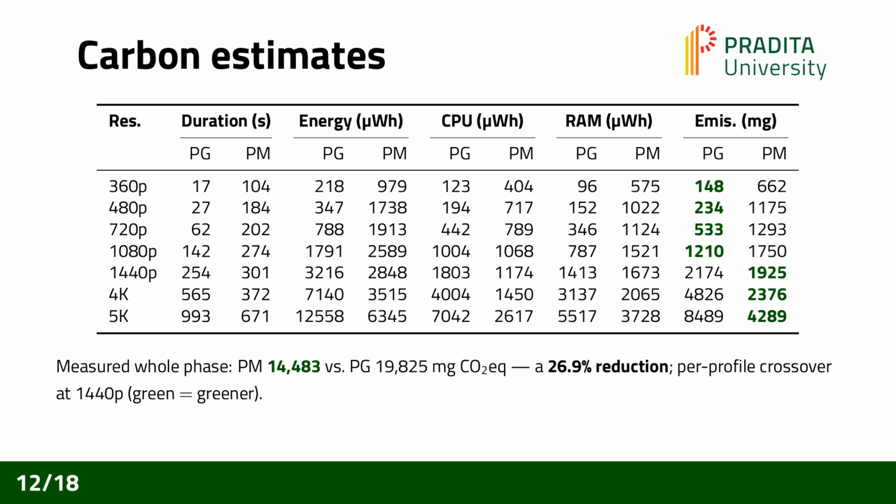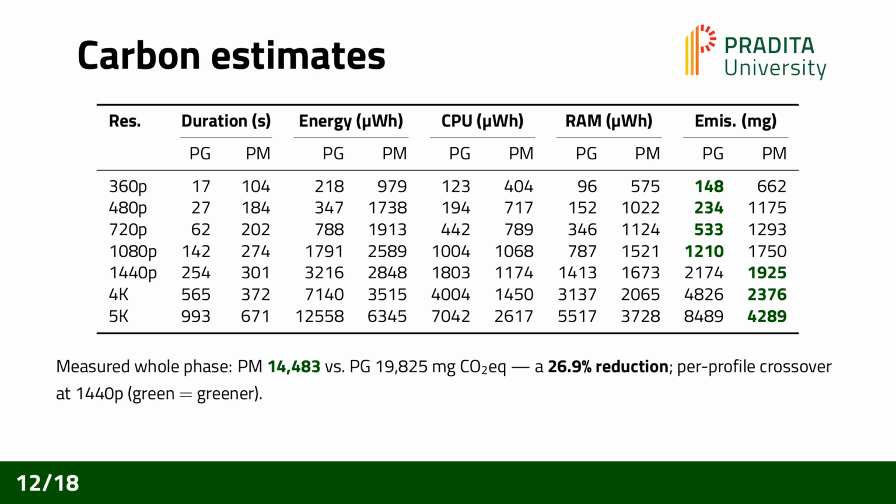At the smaller resolutions, the inline PG values in the emissions column are lower and greener. At 360p, it emits 148 milligrams against the hybrid's 662. But from 1440p upward, the balance tips, and at 4K and 5K, the hybrid becomes the greener option, emitting 2,376 milligrams versus PG's 4,826 at 4K. When you sum the whole phase across everything, the hybrid emits